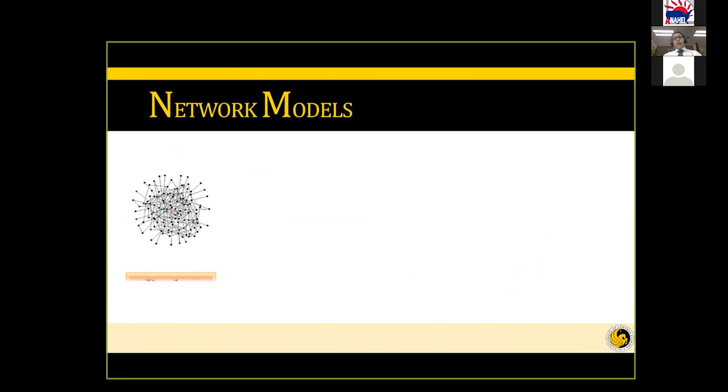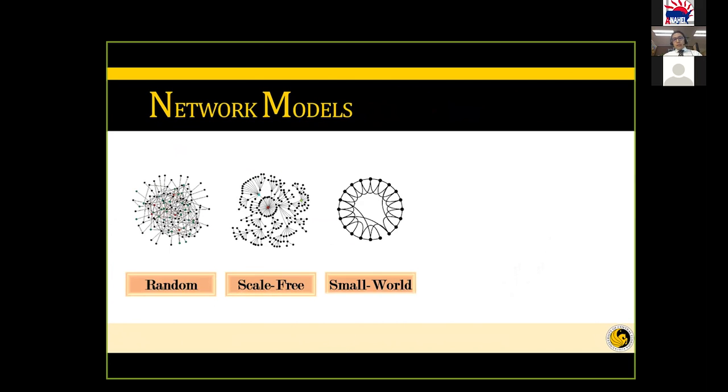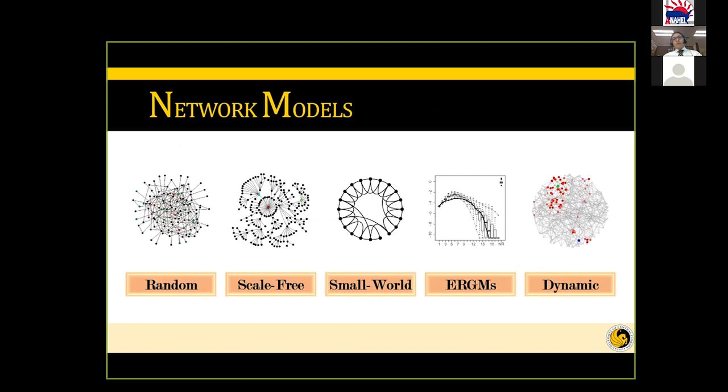In order to study complex systems, we have different models in network science. I'm going to talk about 5 of the most famous models. I'll explain the first 3 models first and then compare them, and then spend a little time at the end of my presentation on these 2, ERGM and dynamic models. So, starting from the random models,